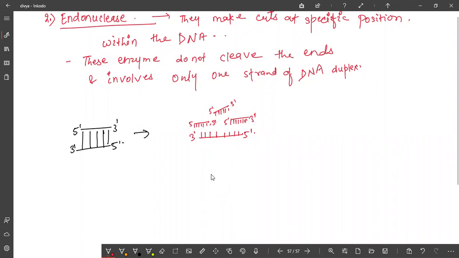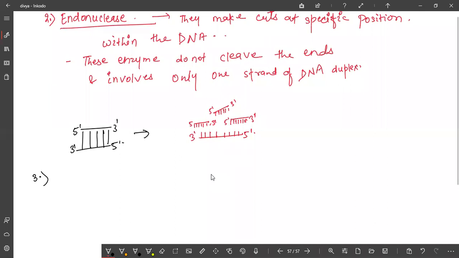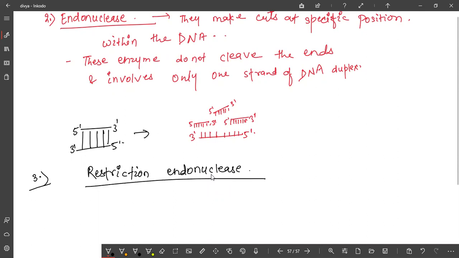So this is cutting DNA only in one of the fragments, and this is not cutting from the end, but it is cutting within the DNA sequence, and only one strand of DNA is being cut. So we will not use this endonuclease enzyme in which technology? rDNA technology. Okay. So another enzyme is there, that is called what? Restriction endonuclease. Because you want the enzyme that will cut both strands of DNA, not only a single strand. So restriction endonuclease,